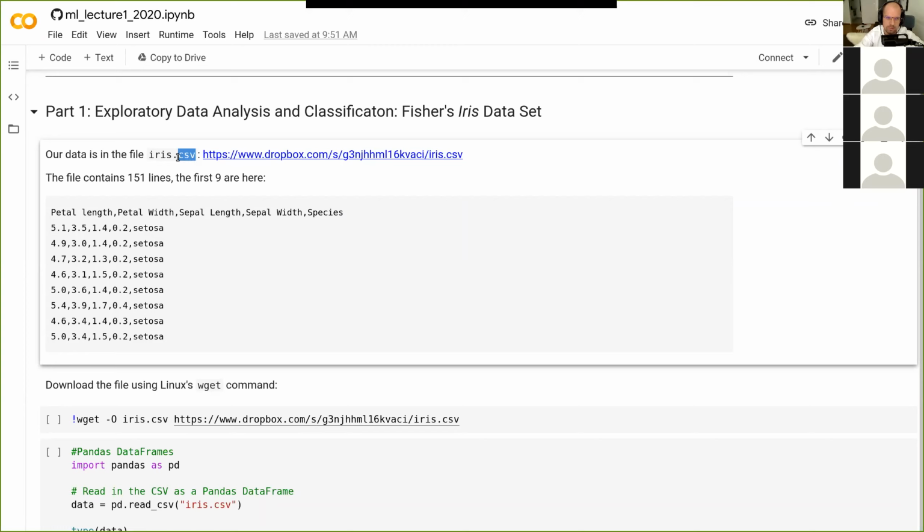This format is called CSV, which stands for comma separated values. And then you can see the actual values for each of these data types. So here, for example, for this flower, these are the various measurements in centimeters that Ronald Fisher did, and this is the actual classification that he gave us.